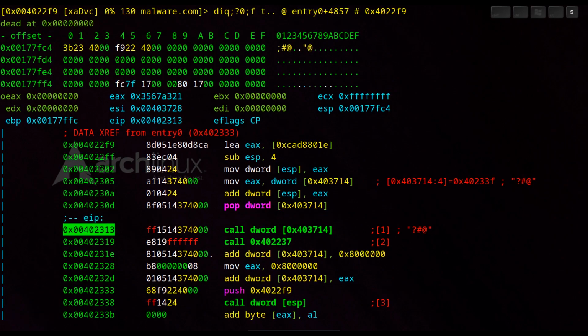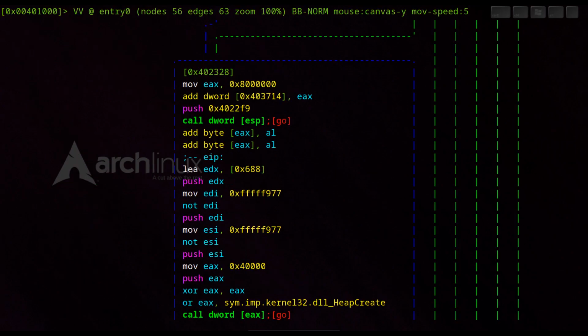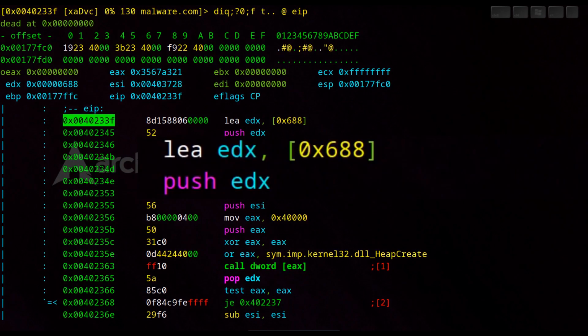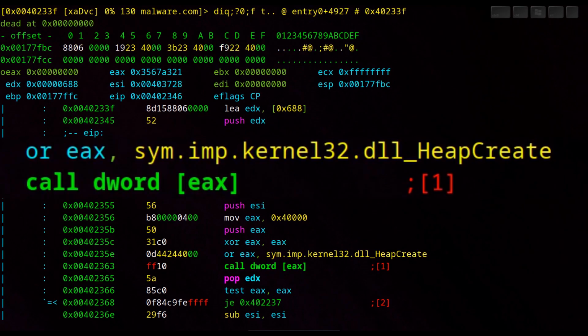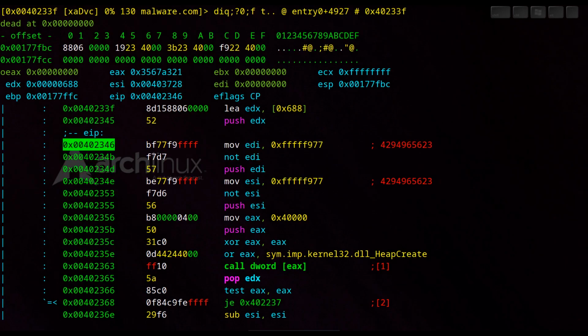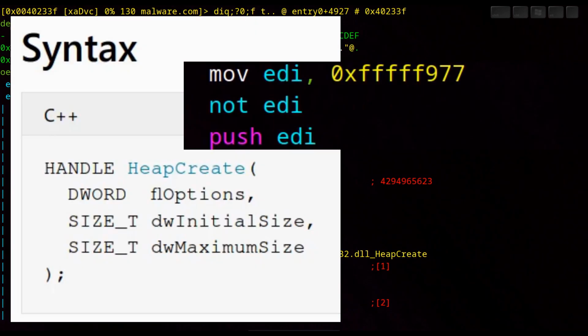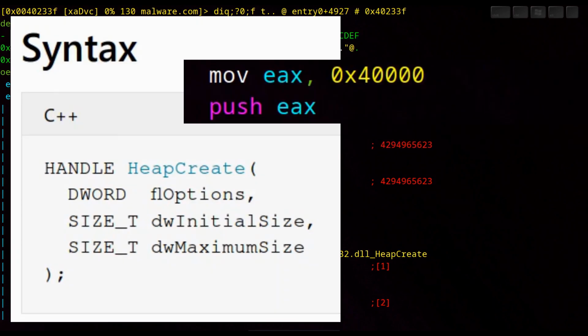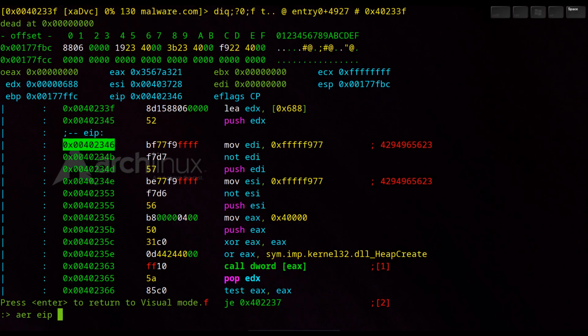We are in the middle of the code block hex 402328, writing hex 688 to EDX and pushing it on the stack, to then prepare the 3 parameters for the WinAPI HeapCreate function by passing dwMaximumSize with hex 688, dwInitialSize also with hex 688, and flOptions with hex 40000 to HeapCreate in kernel